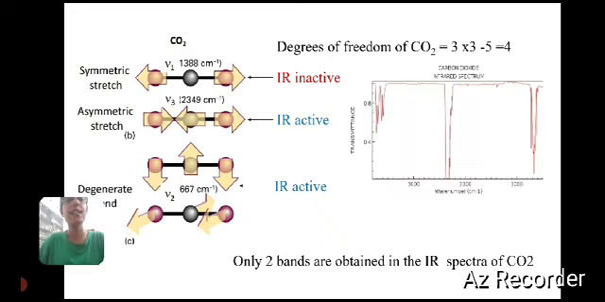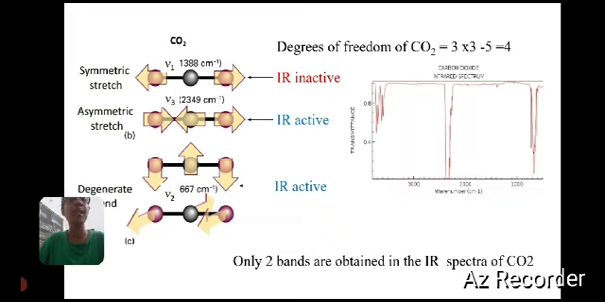The asymmetric stretching vibration and the degenerate bending modes of vibration are IR active, whereas symmetric stretching vibration is IR inactive. So, if we take the IR spectrum of carbon dioxide, we cannot see the symmetric stretching vibration at 1388 centimeter inverse, whereas the asymmetric stretching vibration at 2349 centimeter inverse, and the degenerate vibration due to the perpendicular